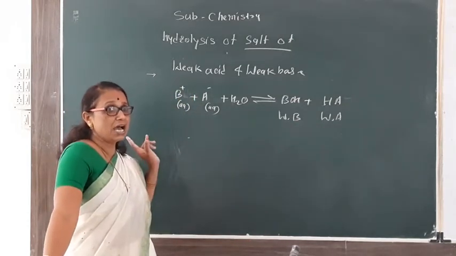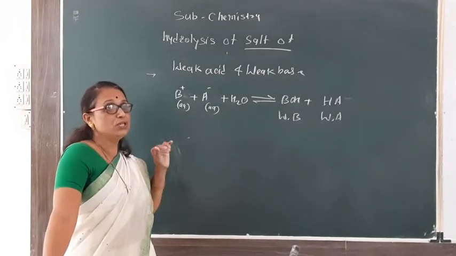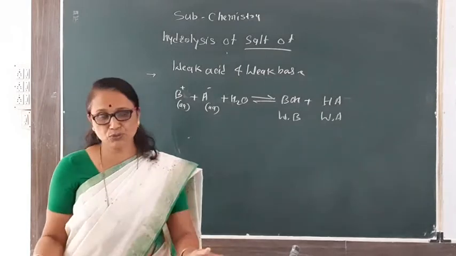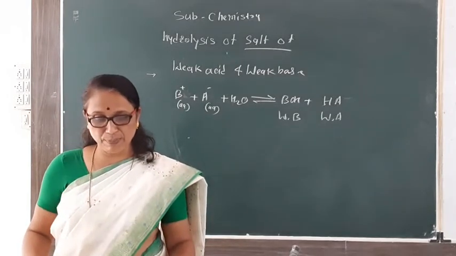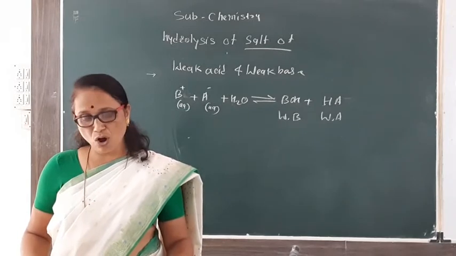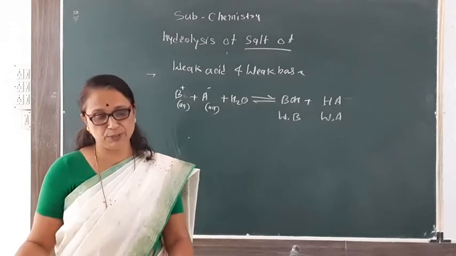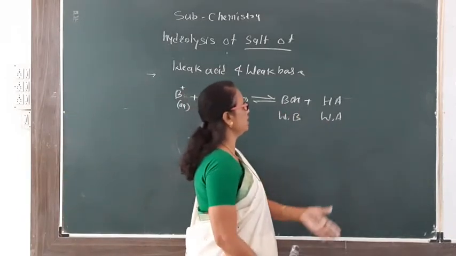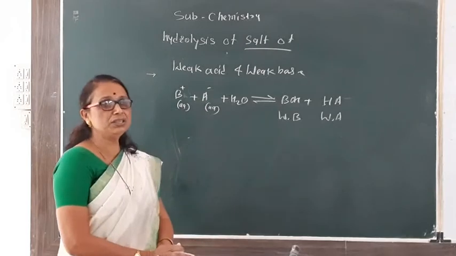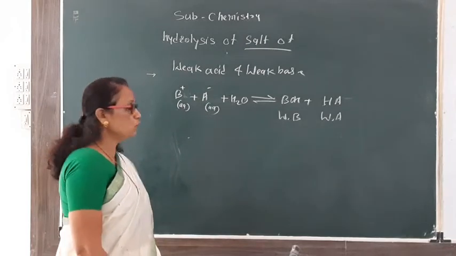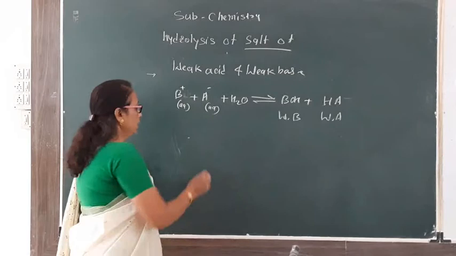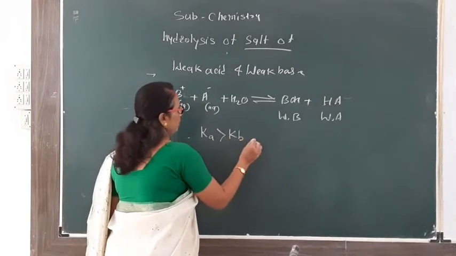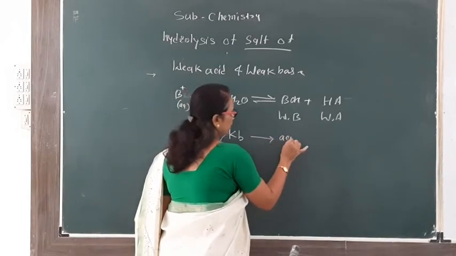As both are weak, the nature of the solution depends on the dissociation constant of the weak acid or weak base. It depends on the strength of the weak base and weak acid formed in the hydrolysis. त्या हायड्रोलिसिस मध्ये जे ऍसिड आणि बेस तयार झाले त्यांच्या स्ट्रेंथ वरती, म्हणजे त्यांच्या डिसोसिएशन कॉन्स्टंट वरती त्याचं नेचर डिपेंड असतं. If Ka is greater than Kb, then the solution is acidic.